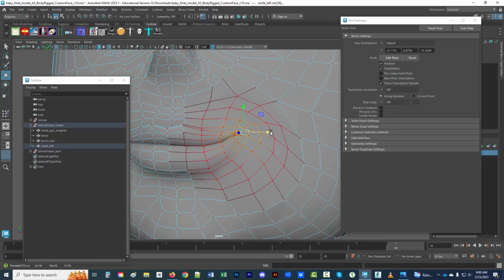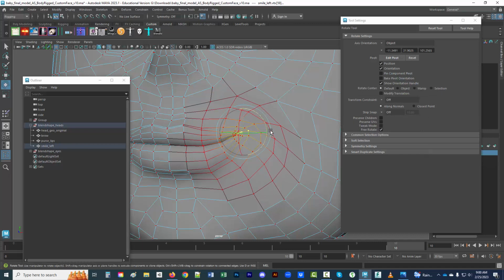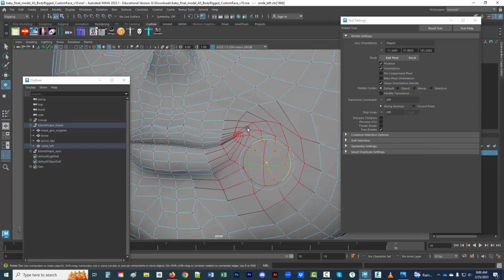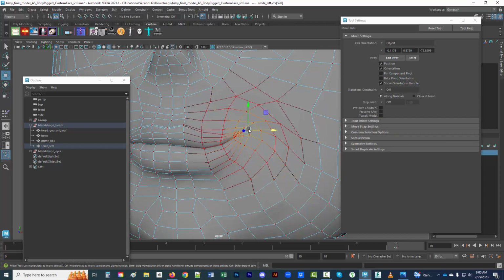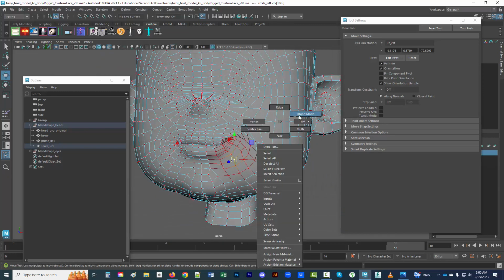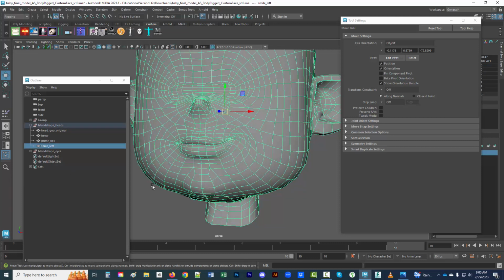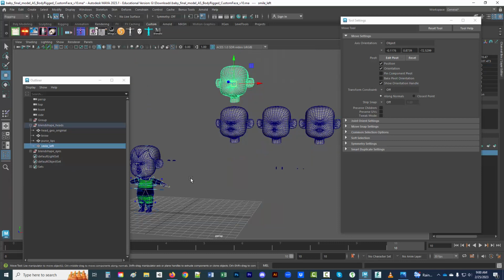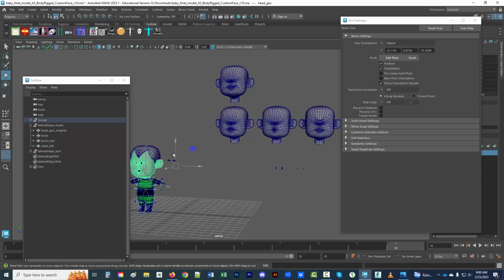I don't want to pull it out too much because remember I have separate controls for pulling the mouth out. I can use that pursing to pull it out. And just try to make it pleasant, soft if you can. So we've got a smile on the left side of the face. Good. Smile left. It's as easy as grabbing the new head, then shift selecting the head it's going to